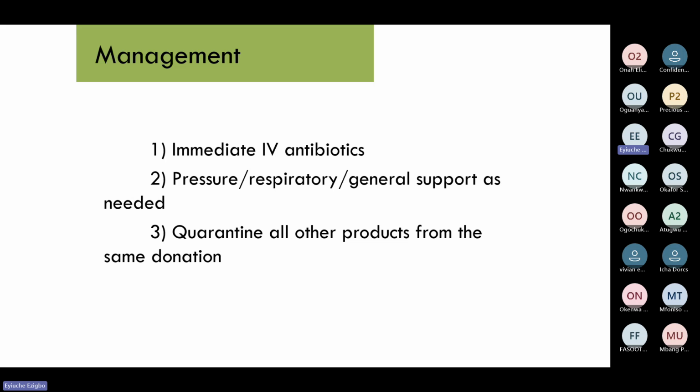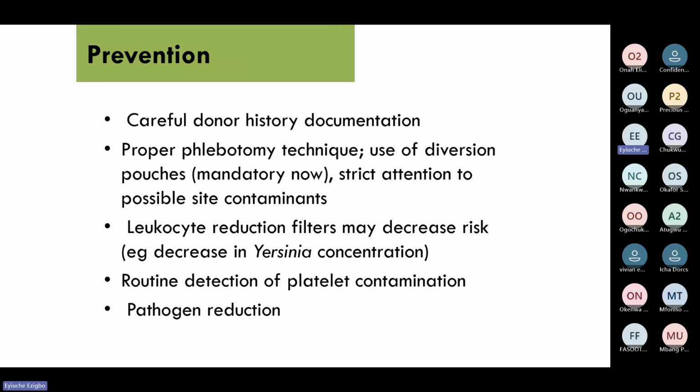So this condition can be managed with intravenous antibiotics, blood pressure and respiratory support, and general support as needed. Then the other blood products from the same donation line have to be quarantined or discarded. It can be prevented by careful donor history documentation. That is why it is mostly advocated that we use relative donors and not commercial donors,